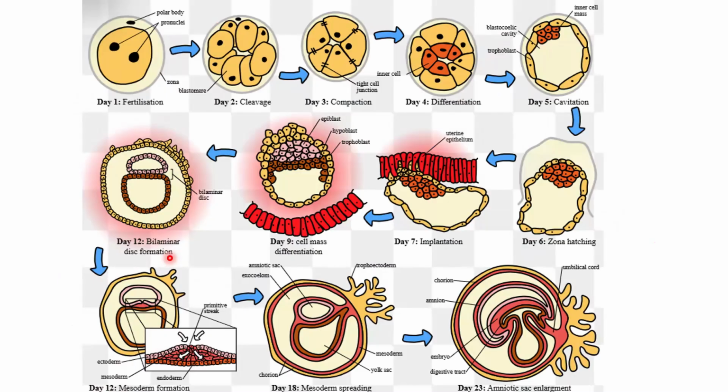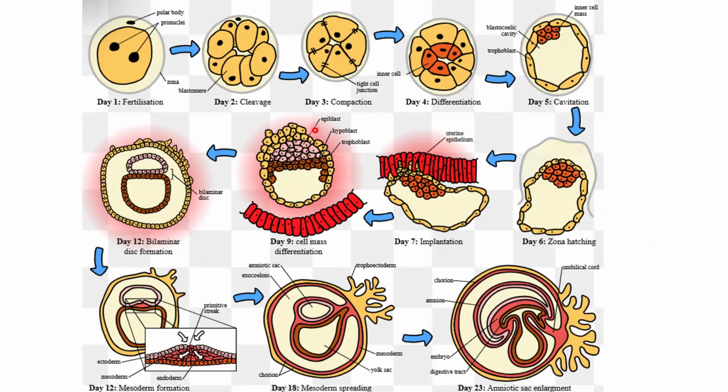And before then, let's have a summary of this. You'll have fertilization on day 1, or day 0 actually. Cleavage is happening. Compaction due to cleavage, mitosis. Then differentiation of the cells, cavitation, that is development of the blastocoelic cavity. Then the process of hatching from the zona pellucida, implantation on the endometrium,